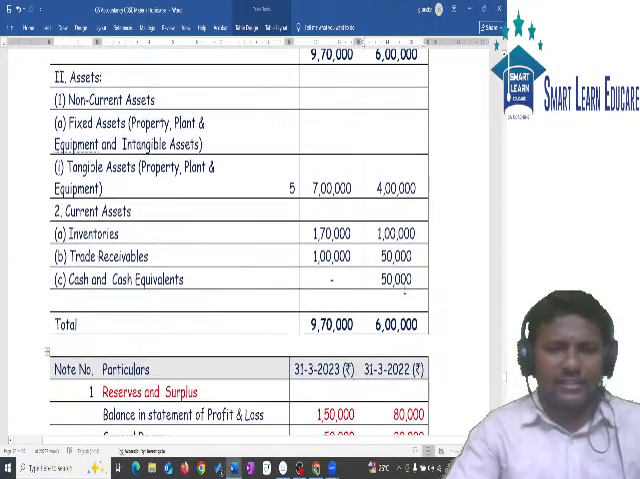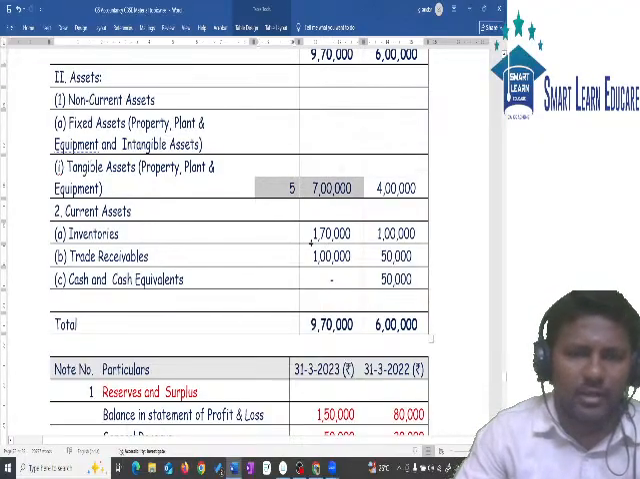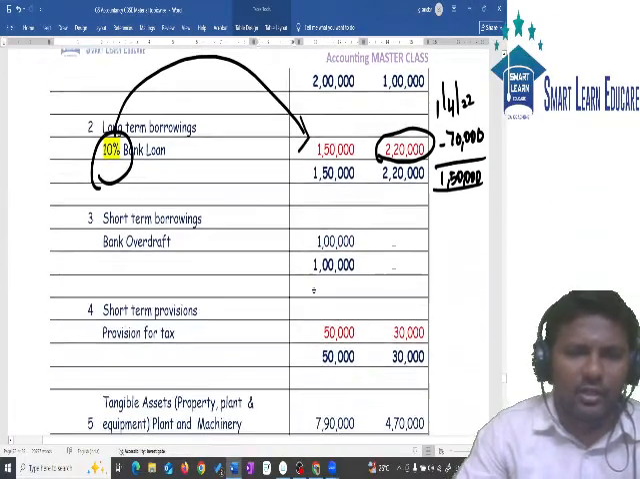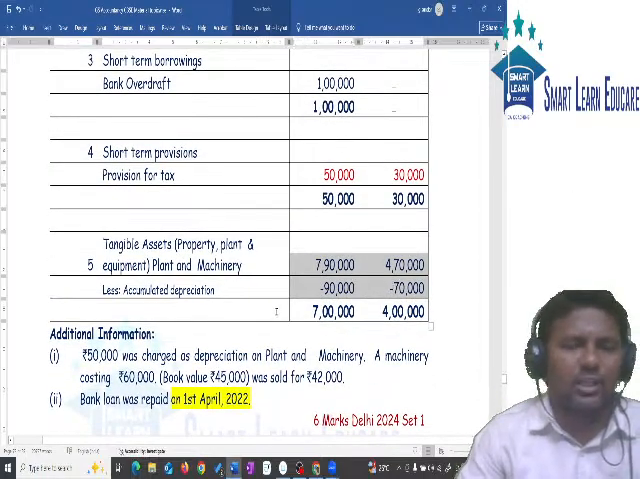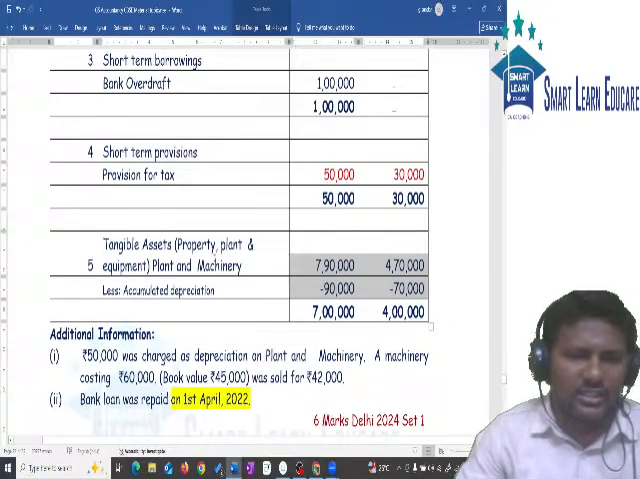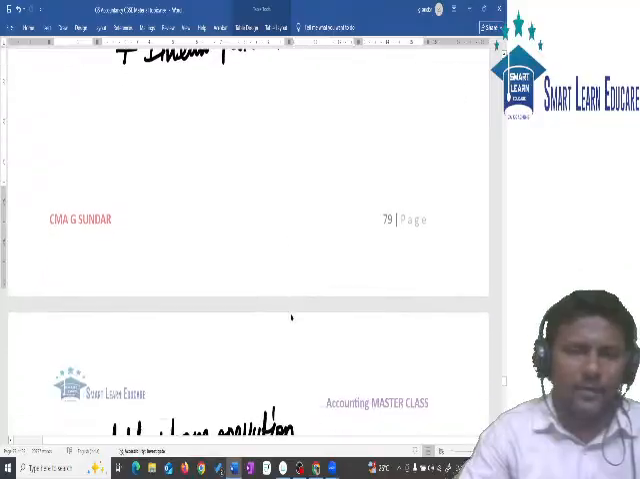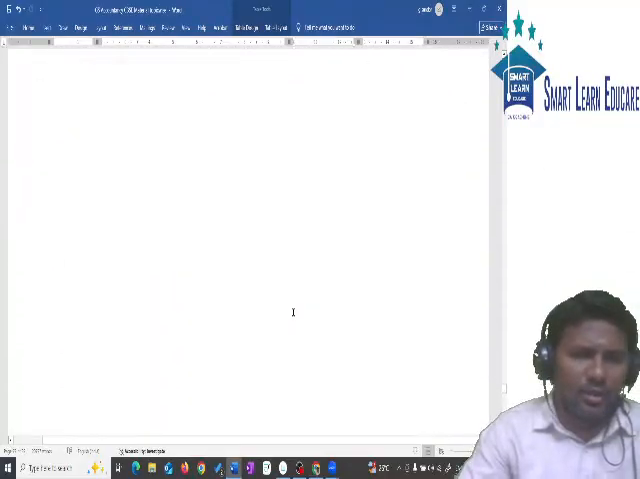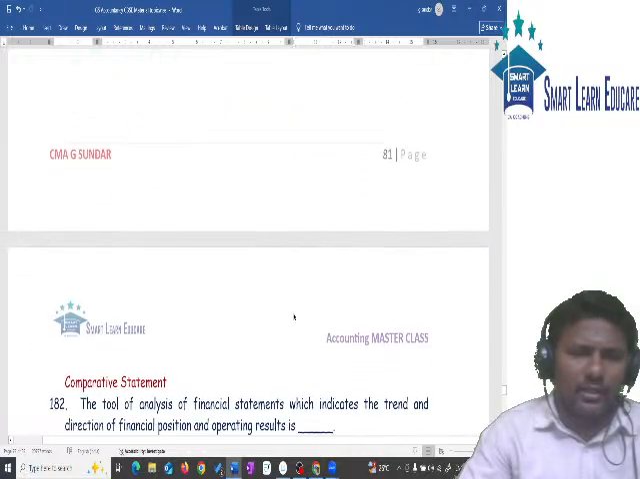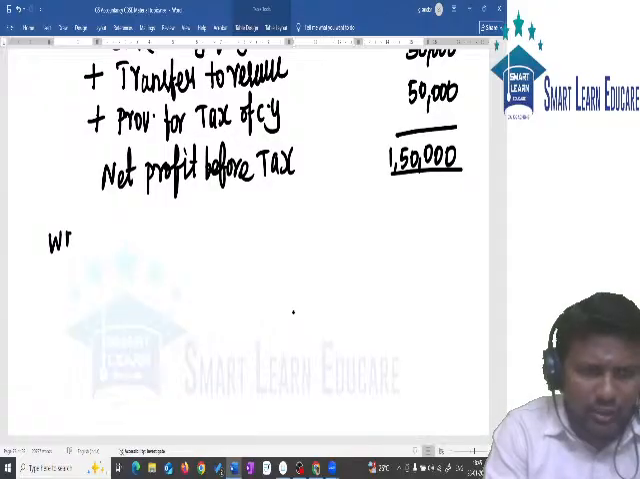Now come to the asset side. In the asset side we have PPE related, note number 5. In note number 5, first 2 accounts we need to prepare. What are the 2 accounts we need to prepare? One is PPE account, another one is accumulated depreciation account. Then go to working note. Working note number 1 we already prepared. Now we have working note number 2,